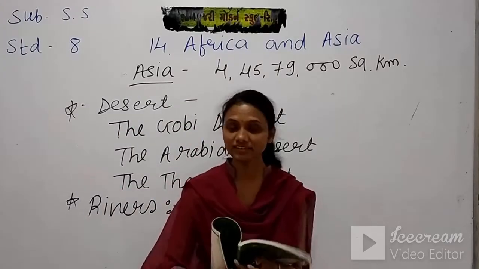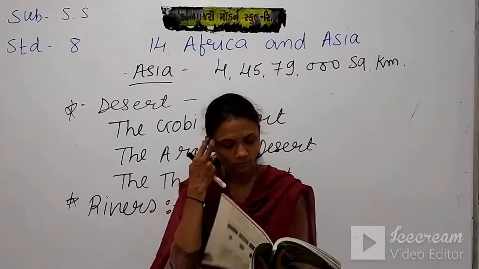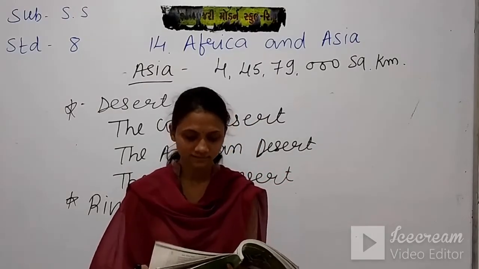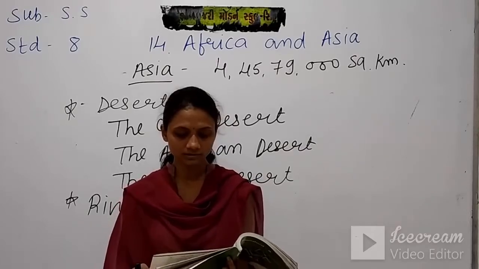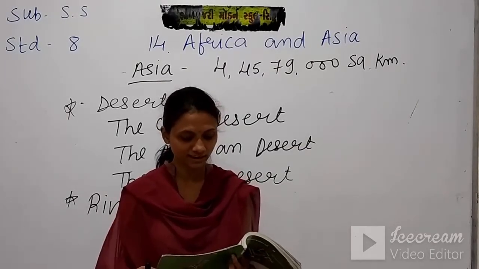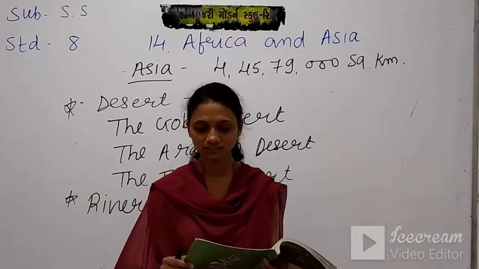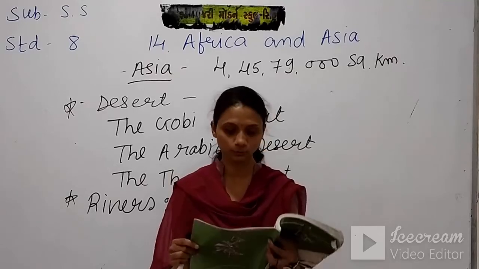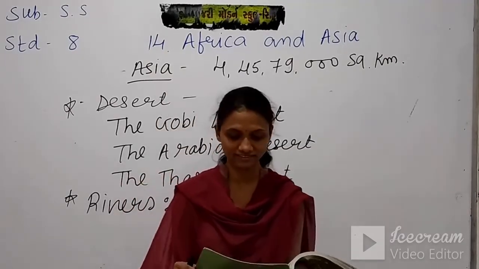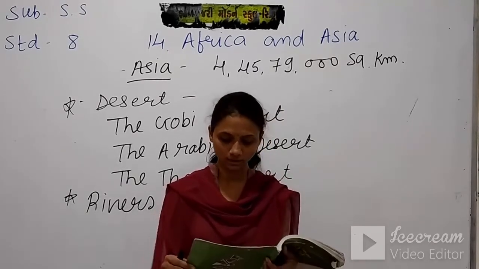See, rivers are a very important part for us. The rivers like Ob, the Yenisei, the Lena, the Amur, the Hwang Ho, the Yangtze, the Xinjiang, the Mekong, Irrawaddy and Brahmaputra, Ganga, Yamuna and Sindhu, etc. are in Asia. Very weird names we have of rivers. Apart from these, many other rivers are shown in the map.